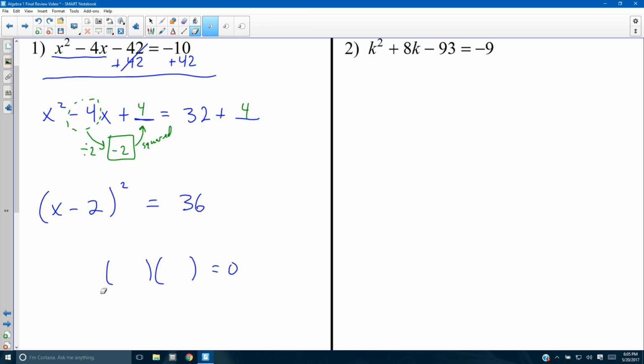In completing the square, it can equal whatever number we want it to equal. It doesn't have to be 0, because some number times itself is 36. We know it's the same number twice. So our process to start getting x by itself here is the square root. You take the square root of both sides,